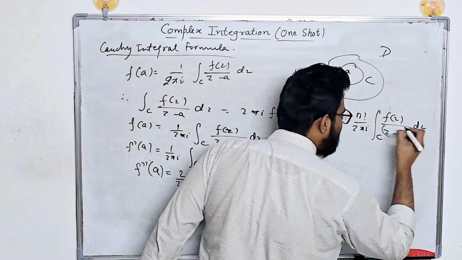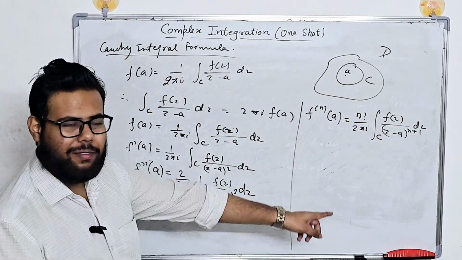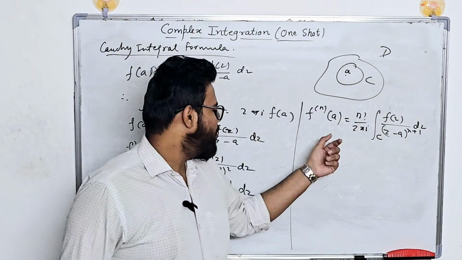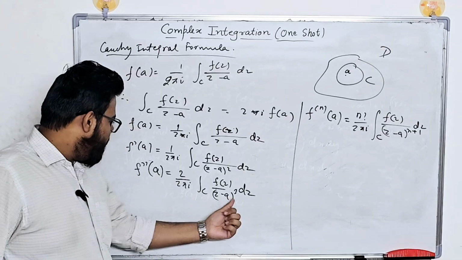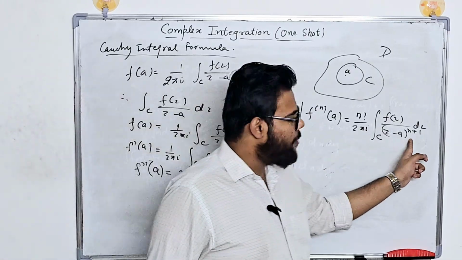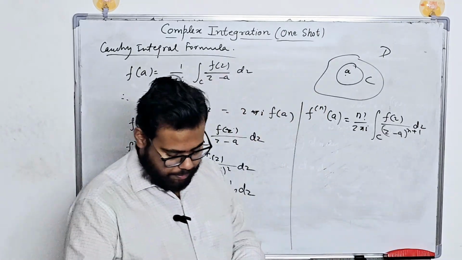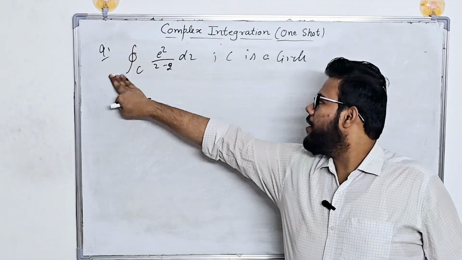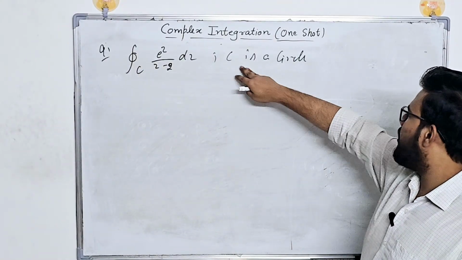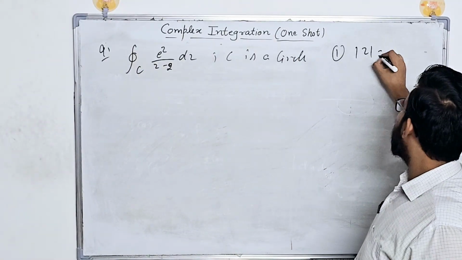Sorry, it will be n plus 1, right? Okay, sorry, it will be n plus 1. Notice over here, because the second derivative had a power of 3, the nth will have an n plus 1 power over here. Okay? So let's do this question, this integration where C is a circle, first mod z equal to 1